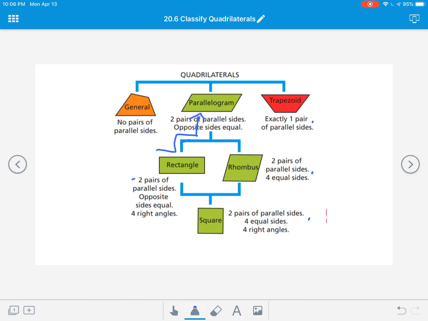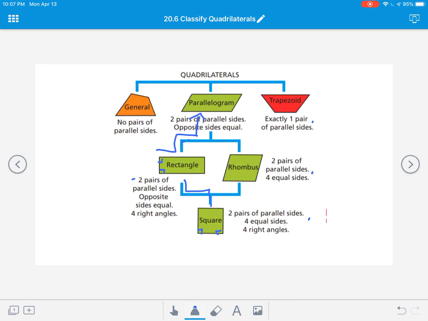It has two pairs of parallel sides, but the opposite sides are equal. Now, this can also include squares, which is why it then breaks down to squares next. Squares can also be classified as rectangles, but specifically a square, not only does it have two pairs of parallel sides and four right angles on the inside, just like a rectangle,